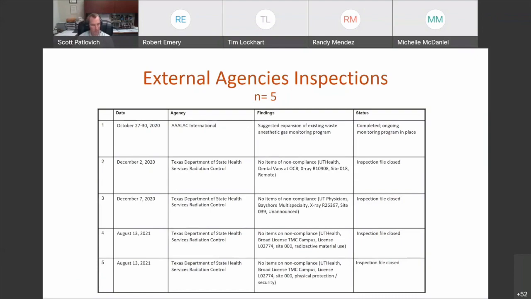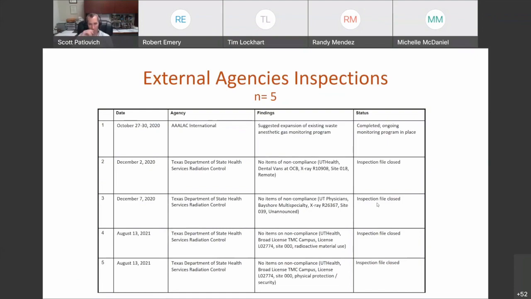In regards to external regulatory inspections, FY21 was remarkably low. Normally, we're up above 20 regulatory inspections or more per year. We only had 5 during FY21. This absolutely was an impact related to COVID-19.